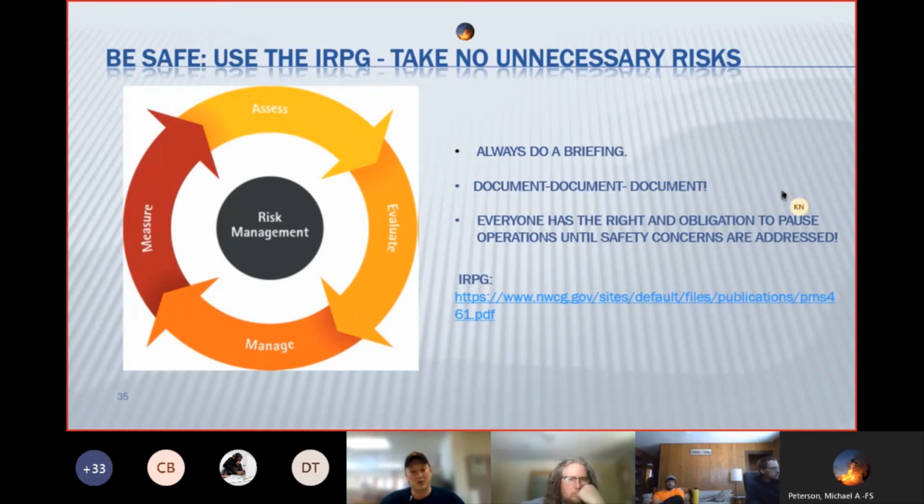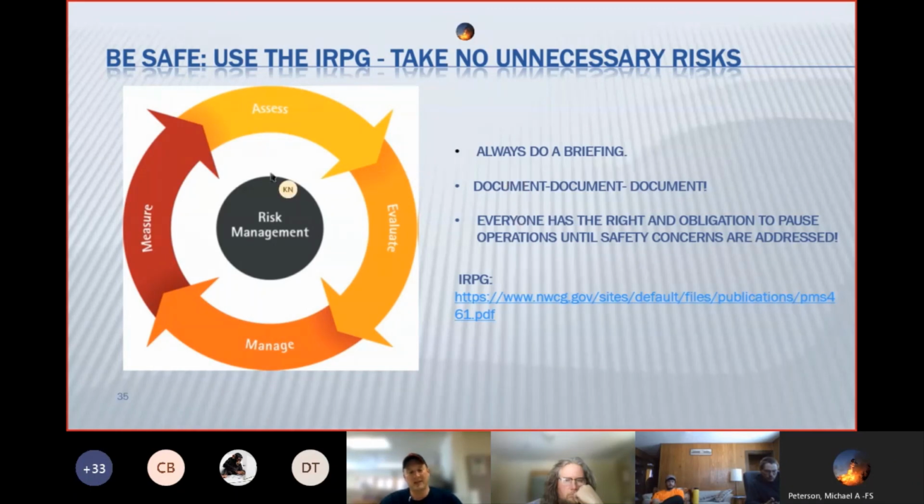It's a checklist. You can take notes right in your IRPG if you have to. There's notes pages in there. So document, document, document. Everyone has the right and obligation to pause operations until safety concerns are addressed. Goes back to what you've been hearing earlier in the presentation here. If you see something, say something. That's all of our responsibility.